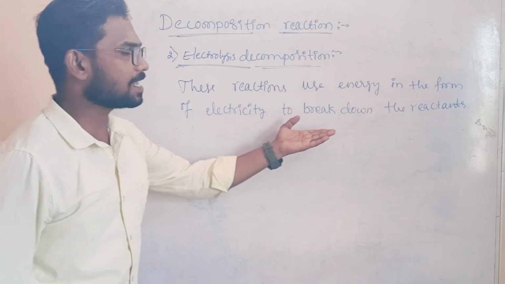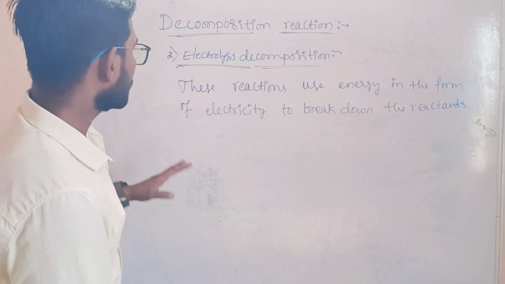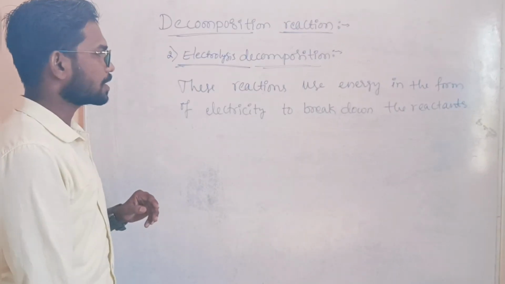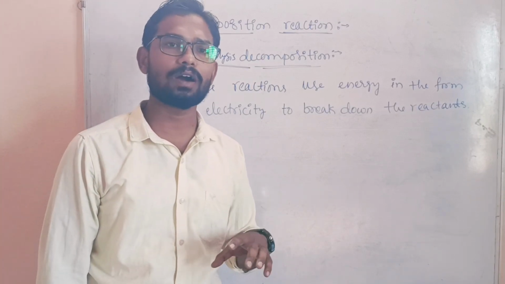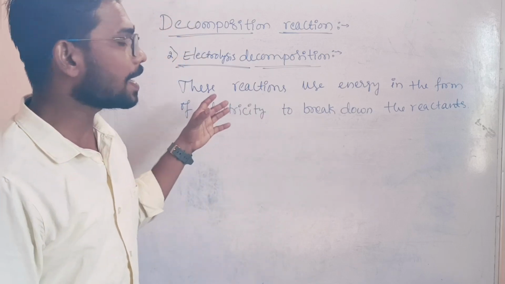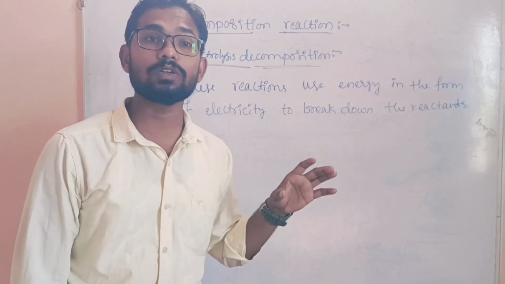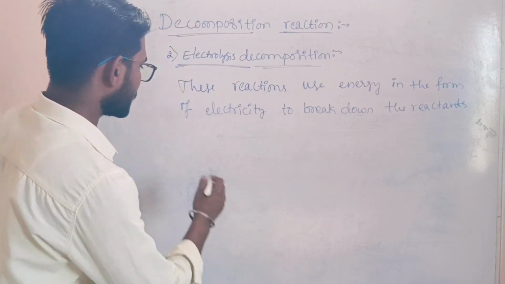We can say break down or decompose the reactants. Electrolysis decomposition reactions use the energy of electricity to decompose or break down the reactants to form the products. For example,